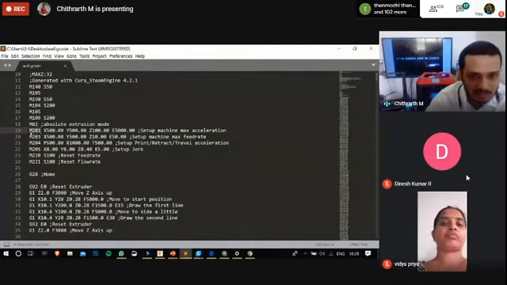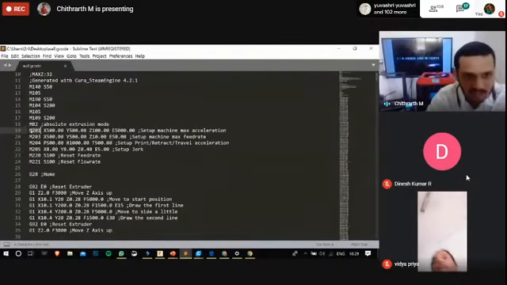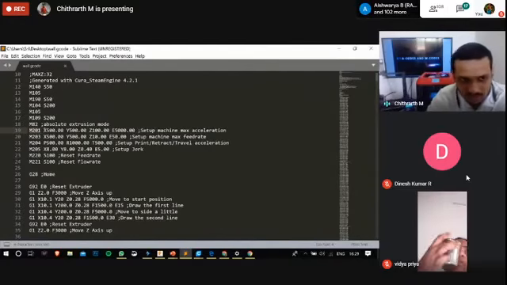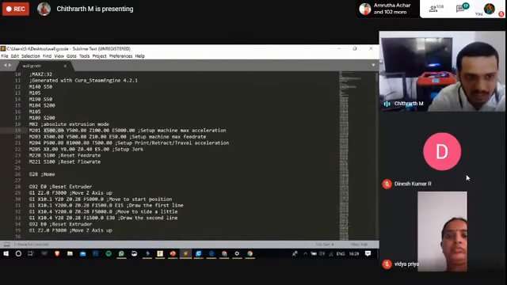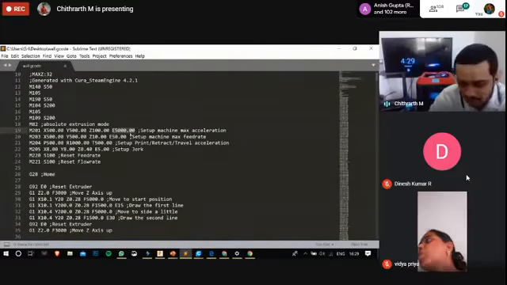M201 actually represents the machine's acceleration data. We are setting the maximum acceleration, which means M201 is an instruction sent to the 3D printer's operating system that for printing this particular part, you should not have a value of more than 500 meters per second squared. This applies to the x-axis, y-axis and z-axis, and E is for the extruder stepper, the amount of material pushed through the stepper motor on the extruder.